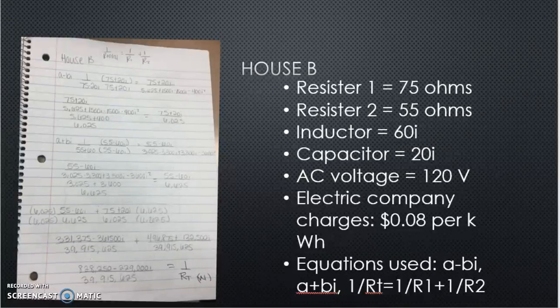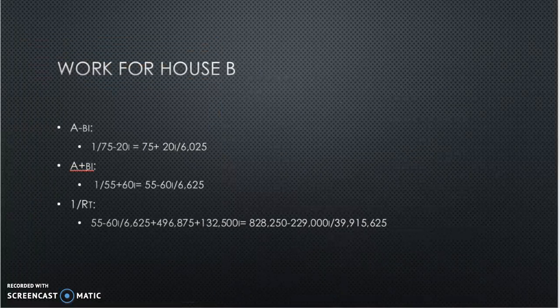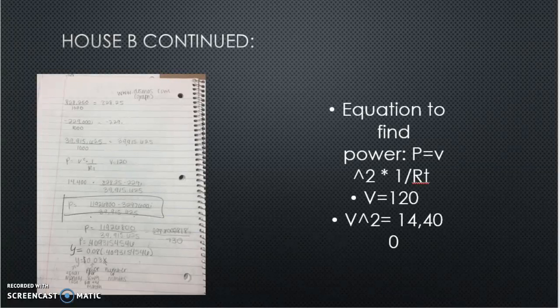828,250 minus 229,000 divided by 39,915,625. I divided each of those totals by 1,000, and then I used the equation to find power, and the equation for that was V squared times 1 over RT. My voltage was 120, so 120 squared was 14,400, and I multiplied it by